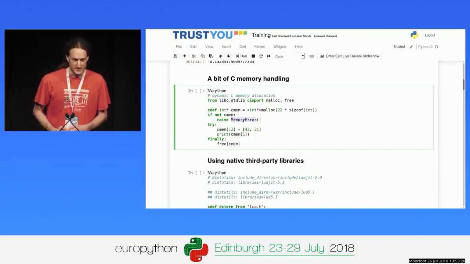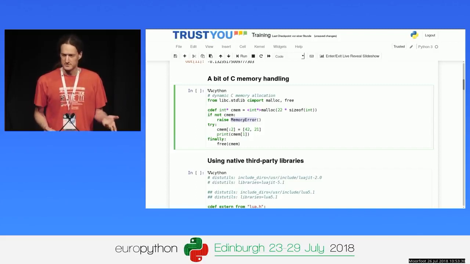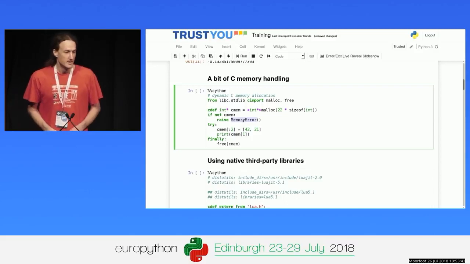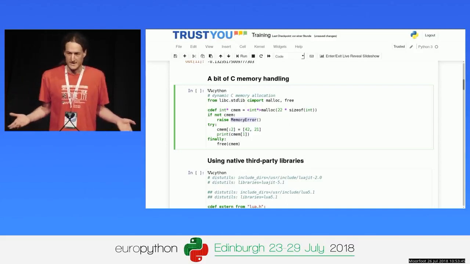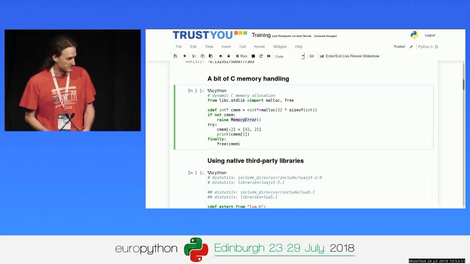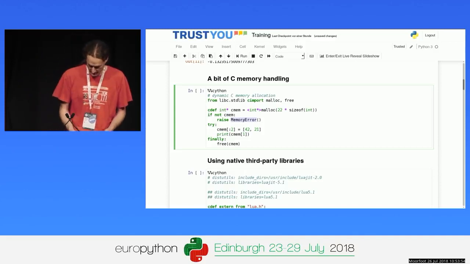You wouldn't really do that in C, right? What would you do in C? You would return some error code, right? Say return -1 or return something that tells the caller something went wrong and you have to handle it. In Cython, well, Cython is Python, right? It integrates with Python, so you can just say raise MemoryError, raise an exception from your Cython code, right? Totally normal, and this is totally what you would do.